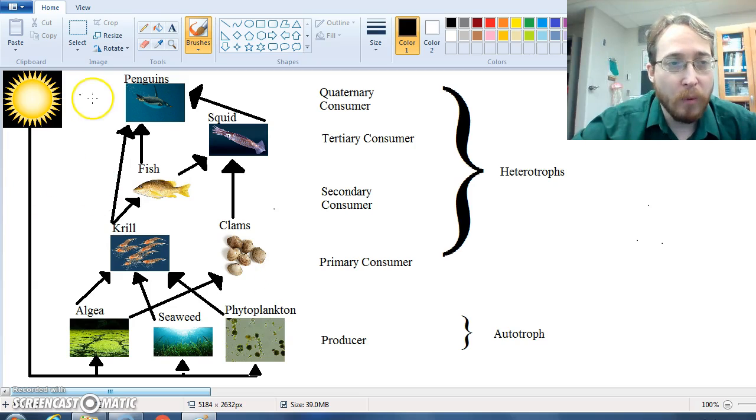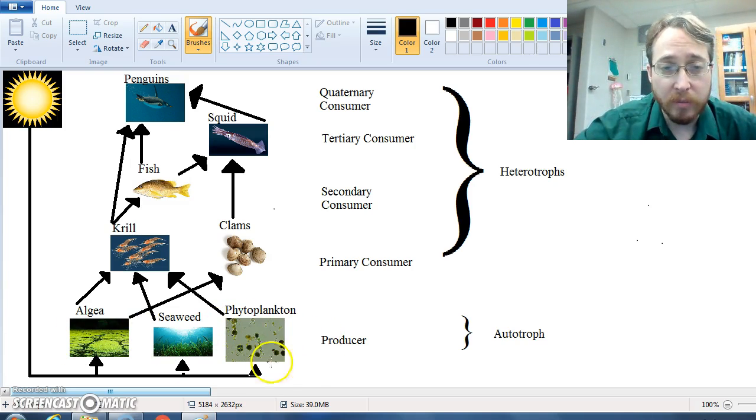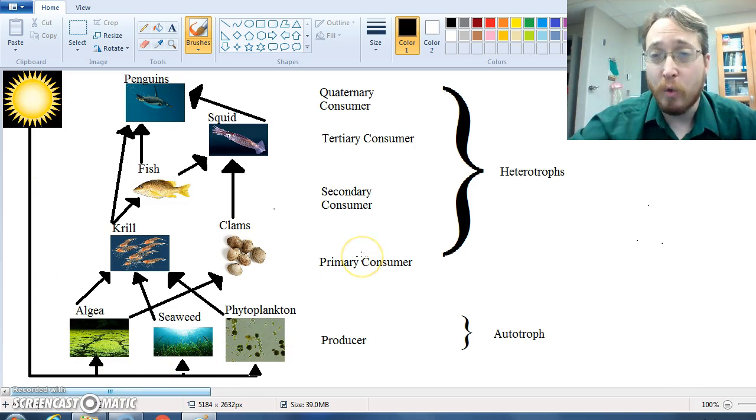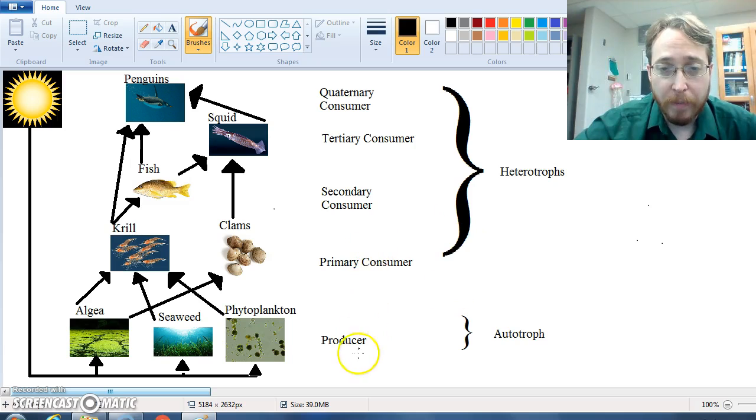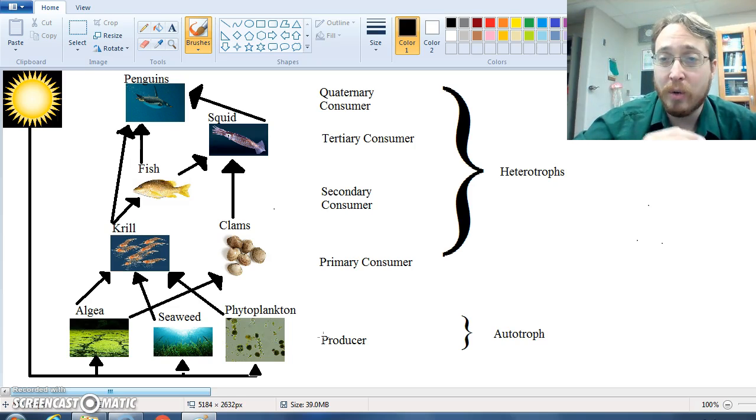So here's an example. First, our energy for our ecosystems starts with our sun. And it's providing energy to organisms that can do photosynthesis, like algae, seaweed, and phytoplankton. Phytoplankton are little tiny single-cell microscopic organisms that can do photosynthesis and float around in the ocean. And we call these organisms that can do that producers. They are taking the energy from the sun and they are producing food, and they are building their bodies with that energy,